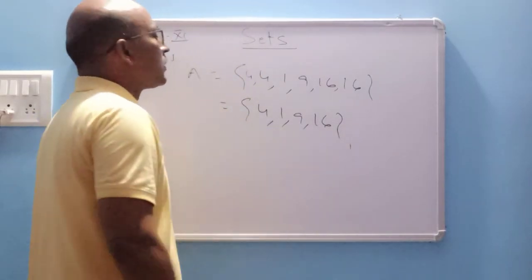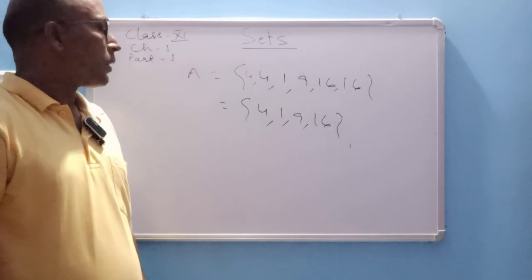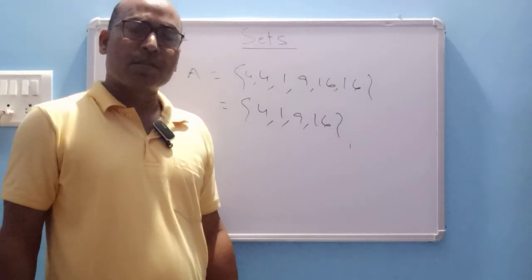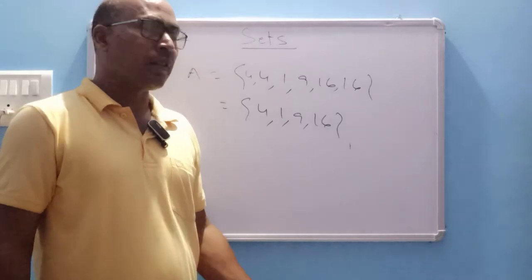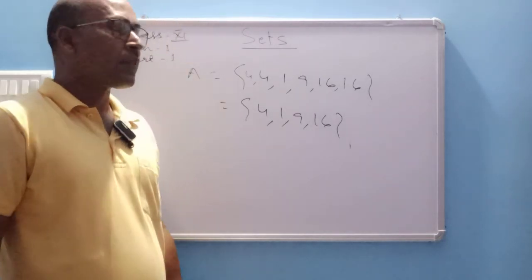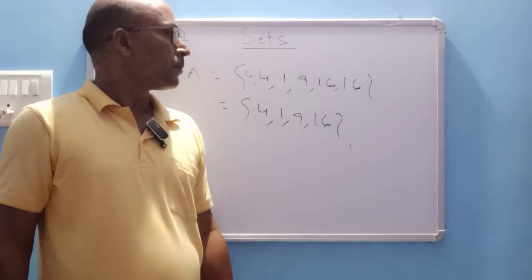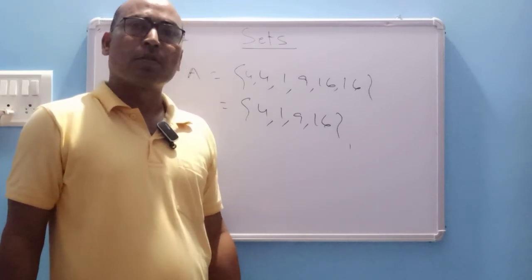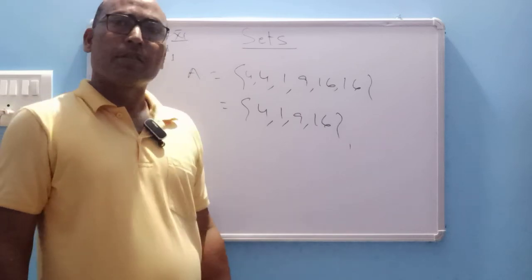With this we conclude today's lesson, and today we learned about the introduction to sets, the definition of sets as a well defined collection of objects, what it means to be a collection of objects, and when a collection of objects may or may not be well defined, and 2 ways to represent a set, that is roster form or tabular form and set builder form. And we saw that changing the order of the elements of a set or repeating them does not make a new set. The set remains the same.